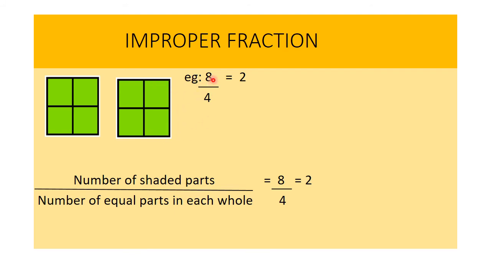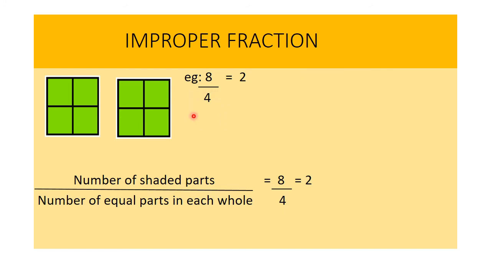Here, what is the meaning of 8? That means 8 is representing which part of the fraction? We have to understand first. So 8 is the number of the shaded parts, right? Since we can see that in both the holes all the parts have been shaded, we have to write 8 over here, because we have 1, 2, 3, 4, 5, 6, 7, 8 parts shaded in both the holes. So that is why 8 is our numerator.